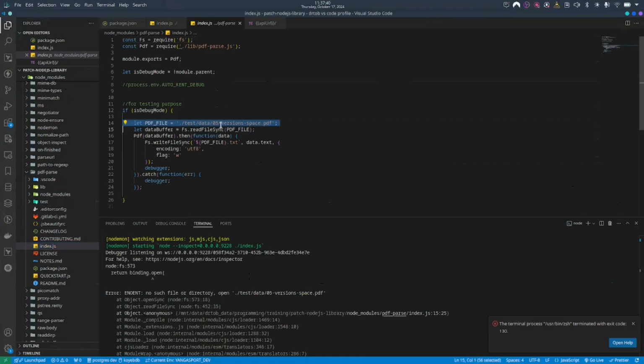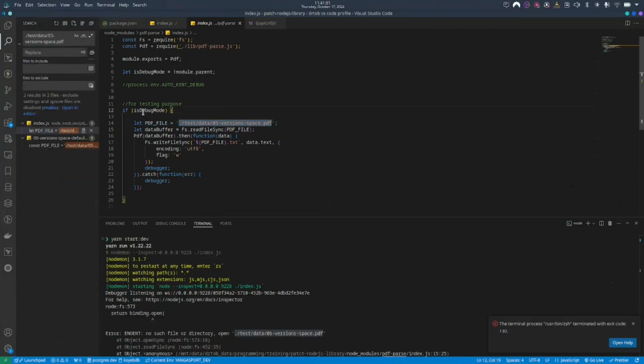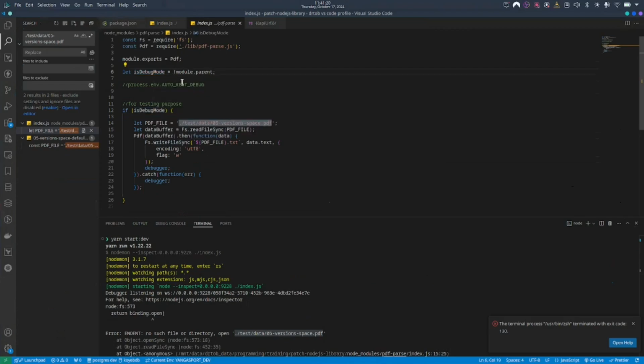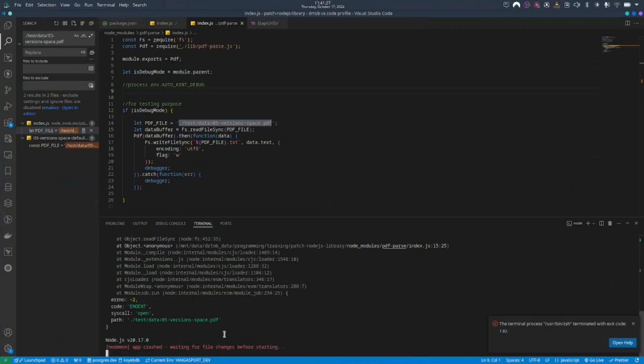You can see it's trying to reference a file that doesn't exist, and here is an if statement, which means this condition is true for the execution to get to this place. And here on line 6 is where it's getting the value. So module.parent is false, then it's inverting it, converting it to true, and that is making this place get executed. The simple fix is to just remove this inversion. So once I remove it and I rerun the application,